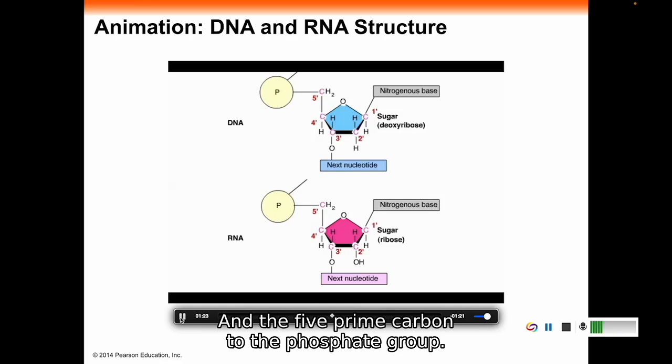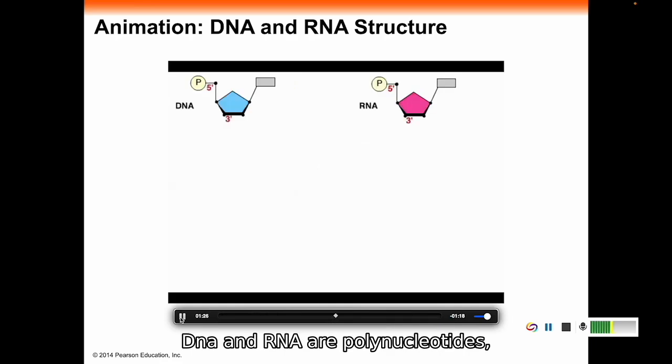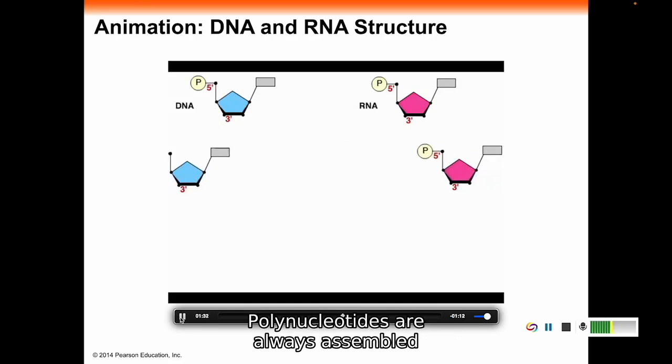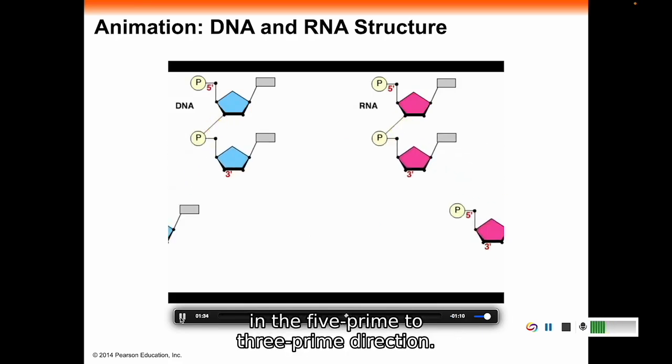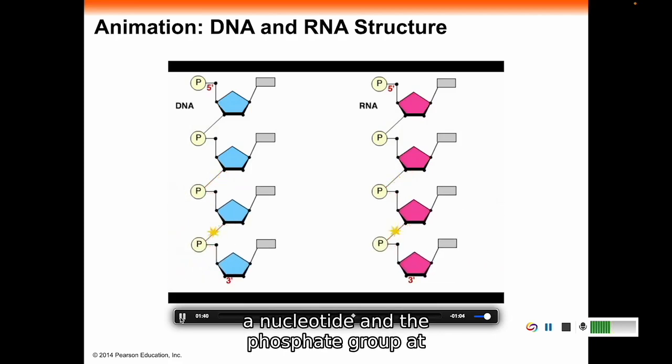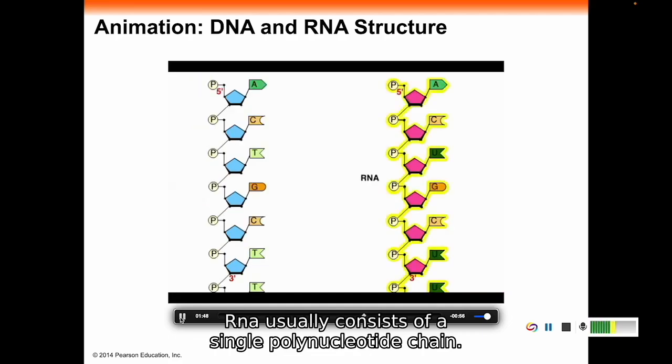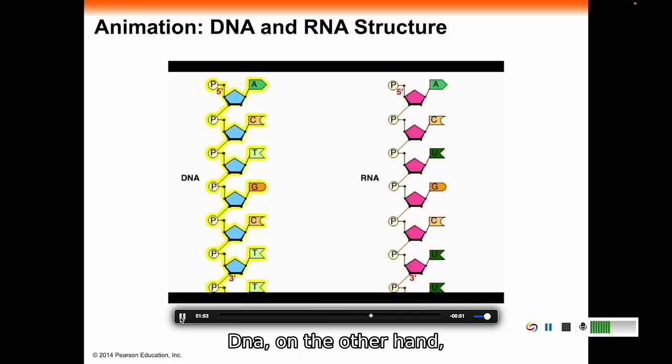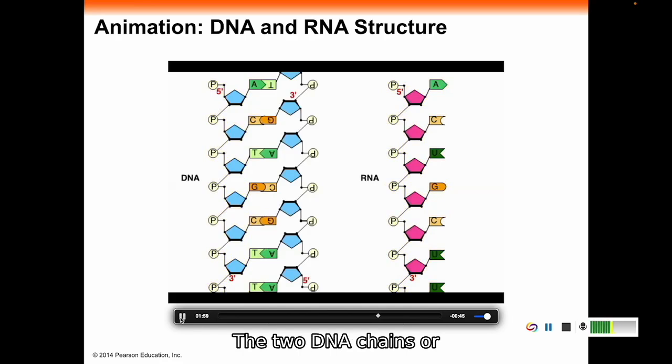to the phosphate group. DNA and RNA are polynucleotides, long chains of nucleotides. Polynucleotides are always assembled in the 5' to 3' direction. A covalent bond forms between the carbon at the 3' position of a nucleotide and the phosphate group at the 5' position of the next nucleotide. RNA usually consists of a single polynucleotide chain. DNA, on the other hand, consists of 2 polynucleotide chains. The 2 DNA chains, or strands, are oriented in opposite directions and held together